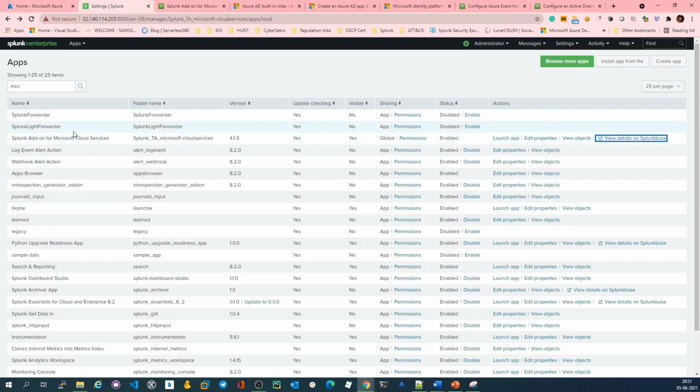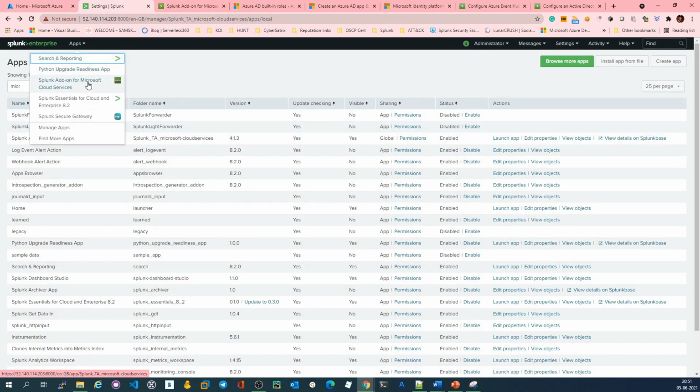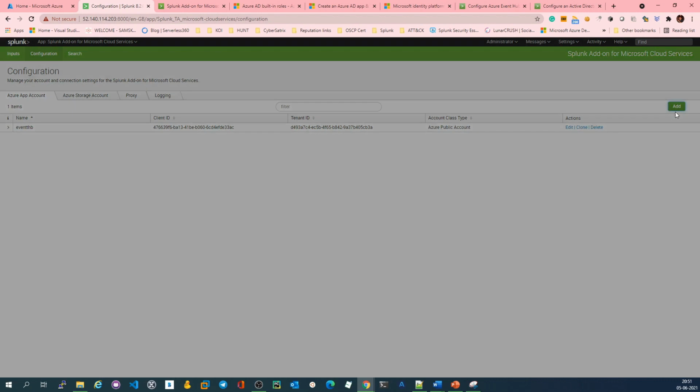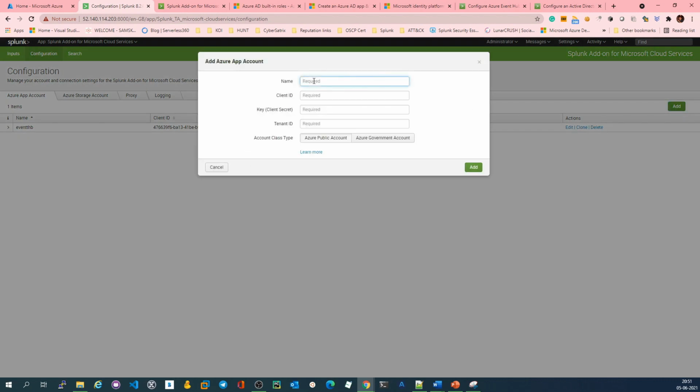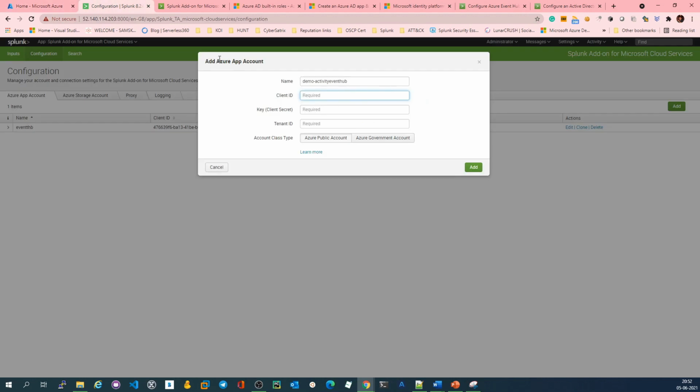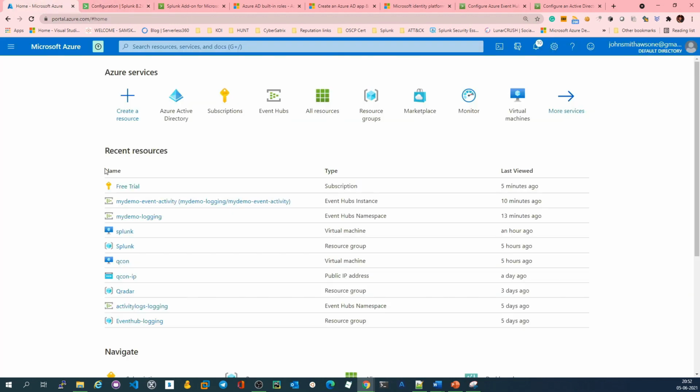Okay, so going back, once you install the Splunk Add-on for Microsoft Cloud Services, go to your application and let me add the Azure app account, right? I have to give the name, so let me give the name as demo activity event hub, and I need to give the client ID and the secret key, right? So I have to go to the Azure app ID. If you see, it is asking me to set up the Azure app account,